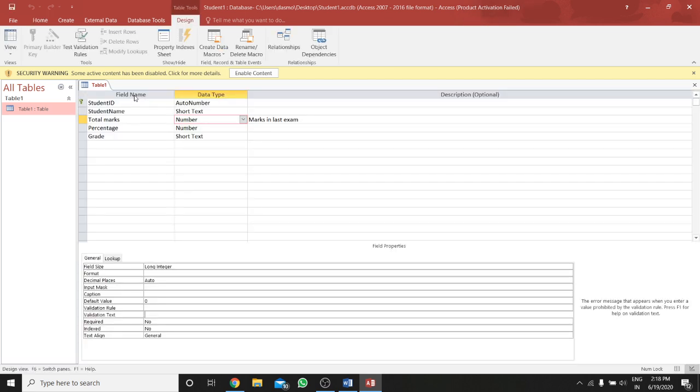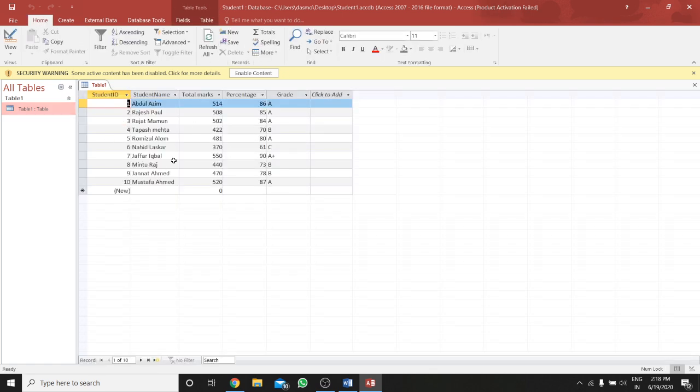In design view, we have student ID as a primary key auto number, student name as short text, total marks as number, percentage as number, and grade as short text. Based on this I have entered some data: numbers 1, 2, 3, 4, student name, marks, percentage, and some grade values. So already there are 5 fields.